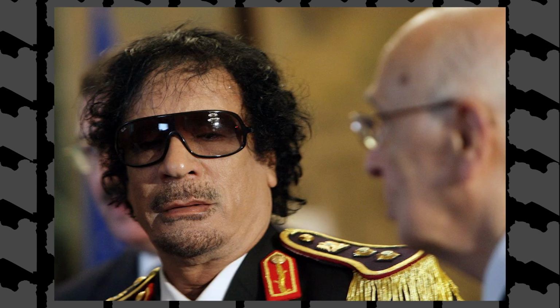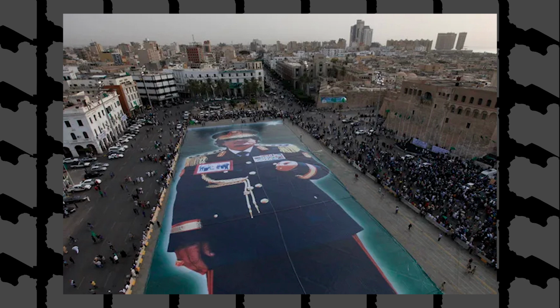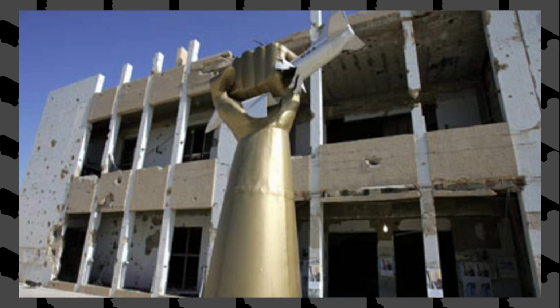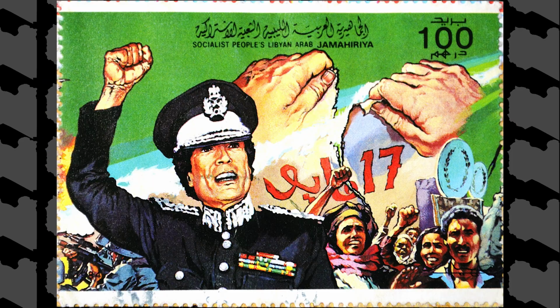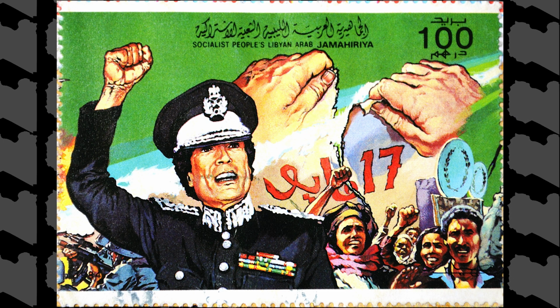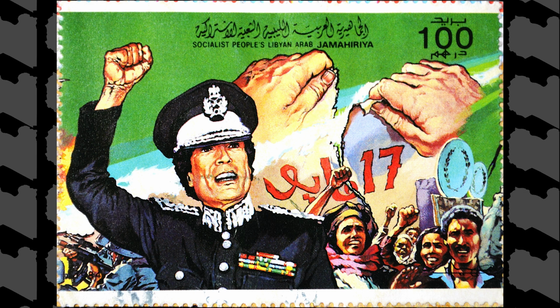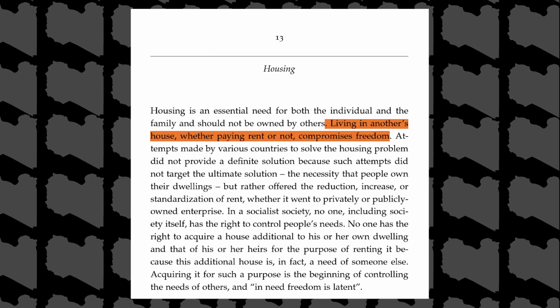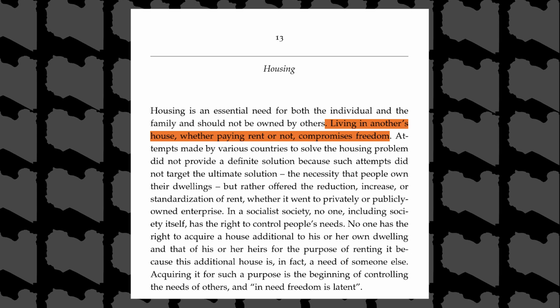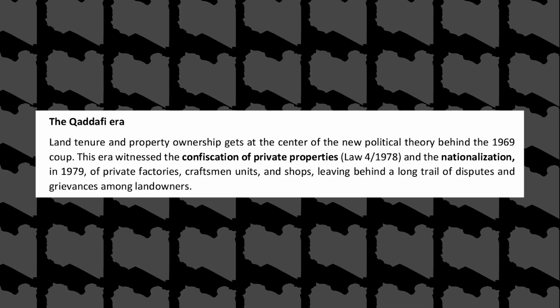Meanwhile, Gaddafi built from scratch ambitious construction projects that ranged from ostentatious monstrosities to beneficial projects that actually helped Libyan people. The government, in keeping with his purported socialist values, frowned upon private property. In the Green Book Part 2, he declared that there was no freedom for a man who lives in another's house, whether he pays rent or not, instituting laws that allowed for tenants to own their own property.